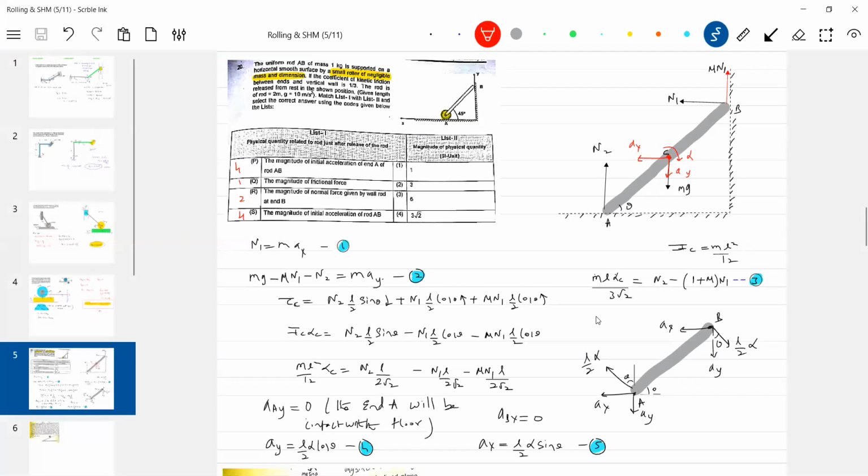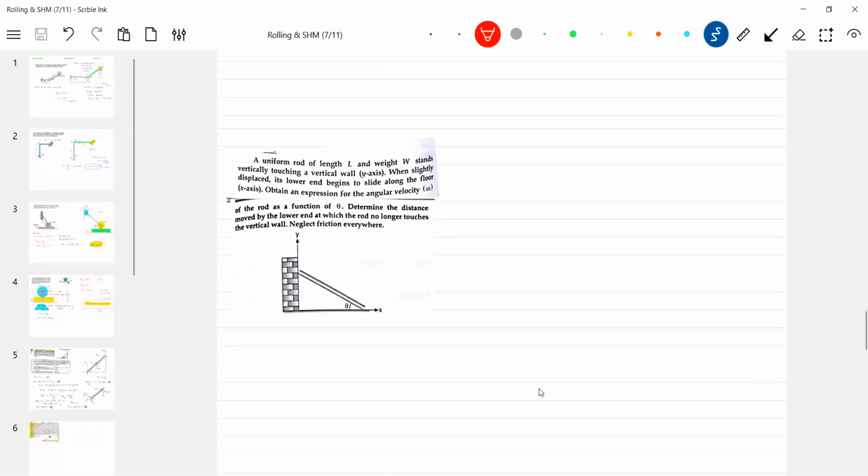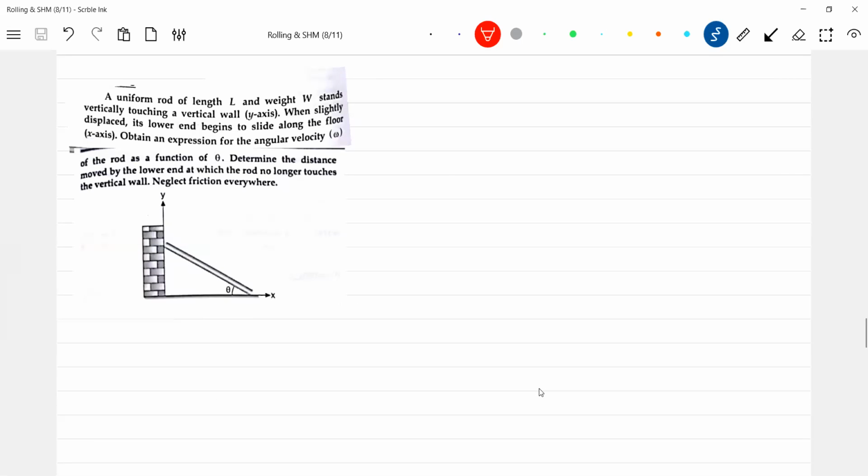Okay, I'll slide down. We'll take the next one here. Determine the distance moved by the lower end